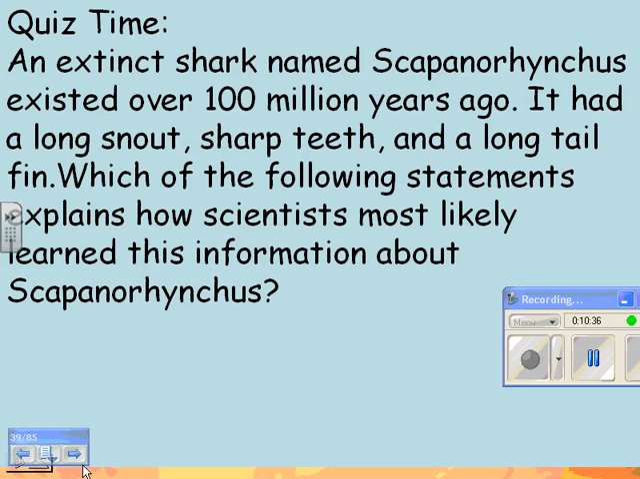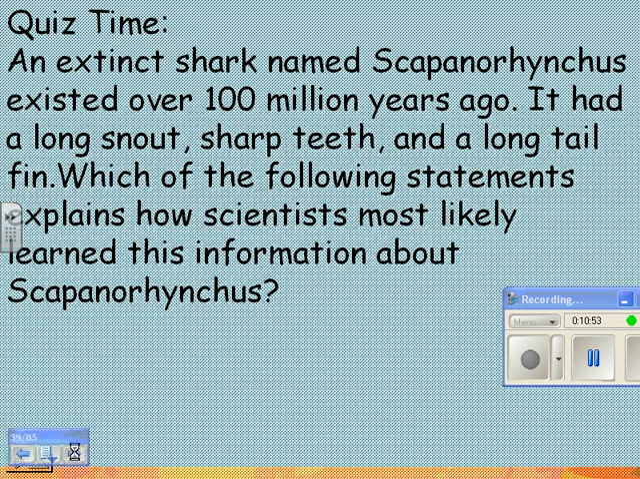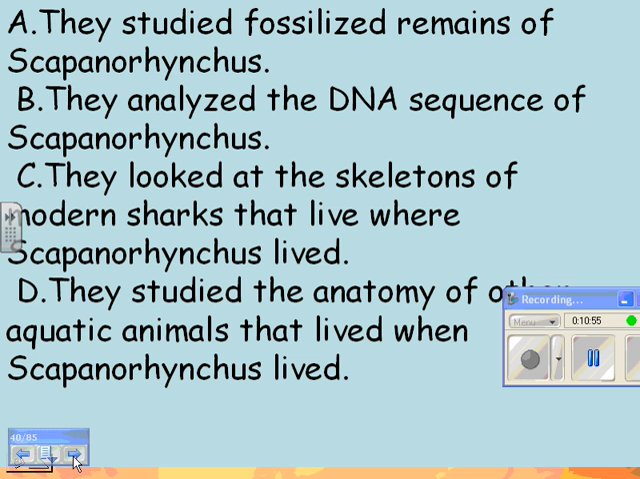Quiz time. An extinct shark named, oh my goodness, something or other, existed over 100 million years ago. It had a long snout, sharp teeth, and a long tail fin. Which of the following statements explains how scientists most likely learned this information about Scapanorhynchus, whatever it is? They studied the fossil remains of it, they analyzed the DNA of it,